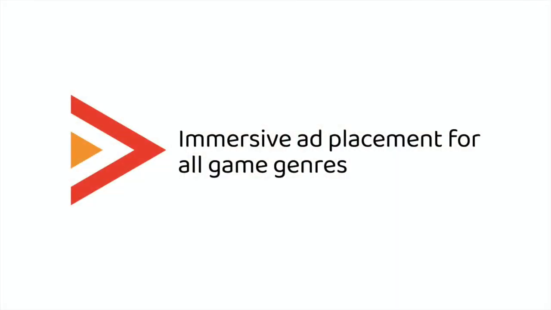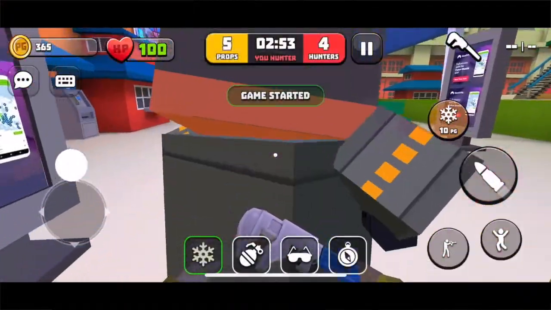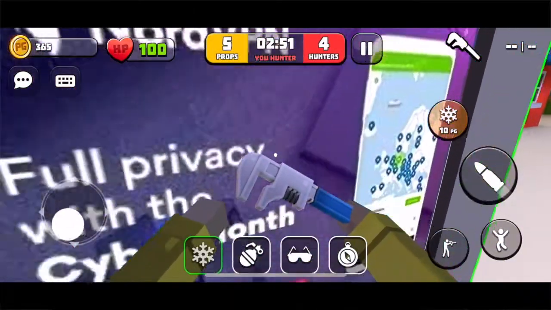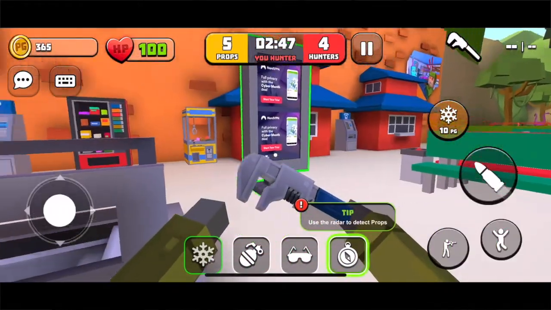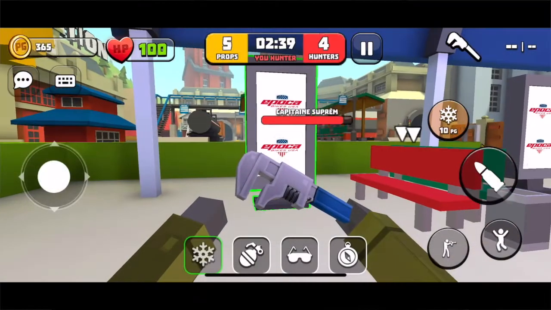It's a new place to put ads, and we can all understand how in a sports game you could have billboards, but that is a tiny percentage of the games that are out there. So the real challenge here is, how do you get these ads into puzzle games, into casual games, into card games, into all of the other genres that we have.